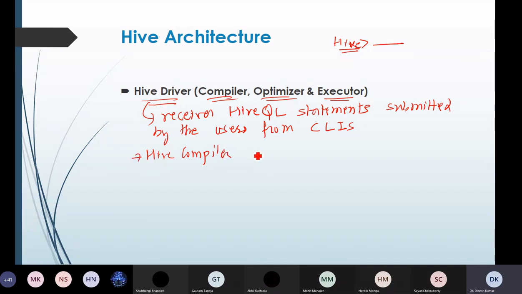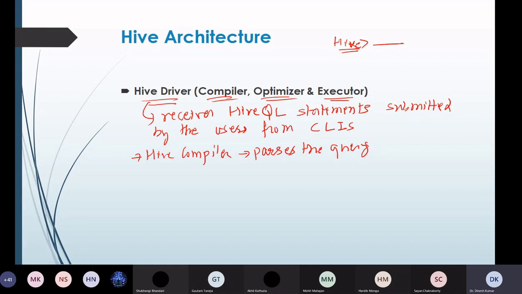The role of this component is that it parses the query. What is the meaning of parsing the query? It performs semantic analysis and type checking on different query blocks and query expressions by using the metadata stored in the metastore, and then generates an execution plan.